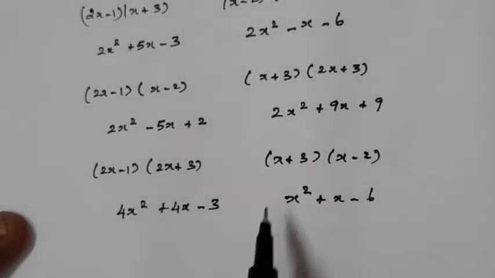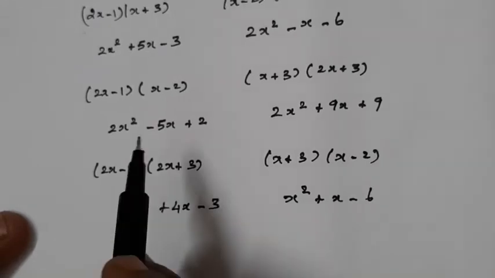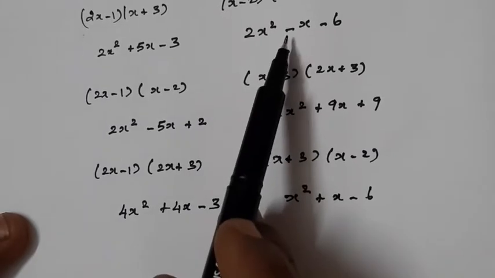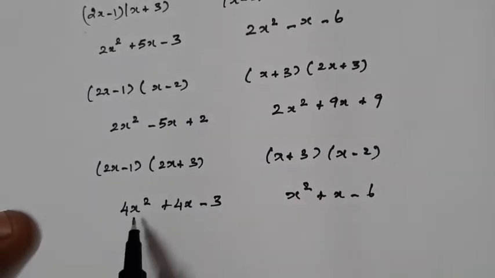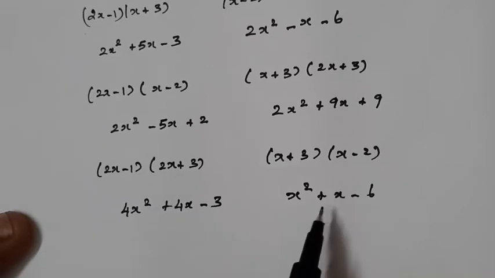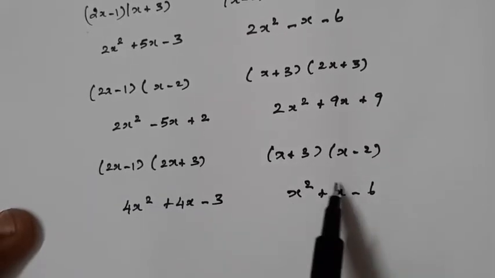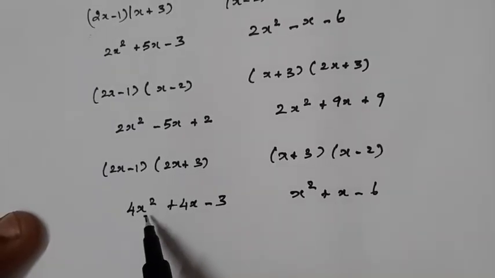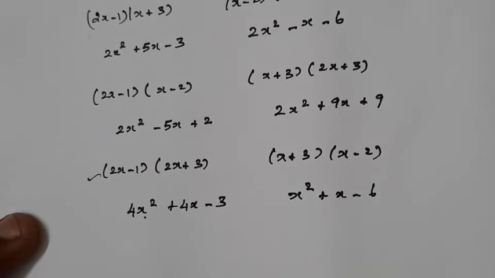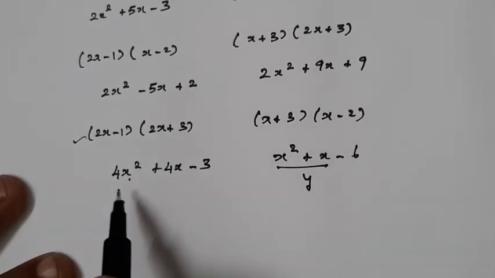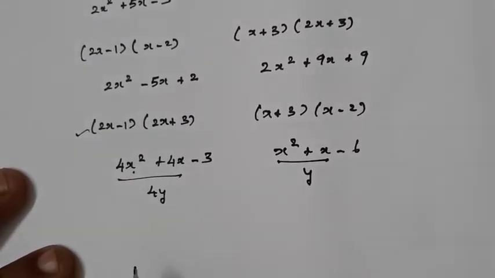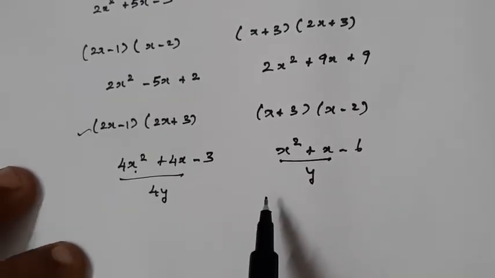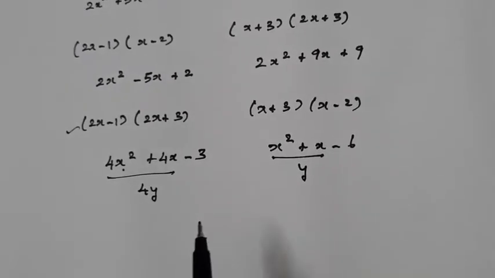But how to choose the factors here? In the above cases, the coefficients of x squared are the same but the coefficients of x are different. But here, even though both the coefficients of x squared and x are different, if you multiply the coefficient of x squared and the coefficient of x by 4, you will get this one. So you have to choose this one. If you take this to be y, this will become 4y. So both the products can be expressed in terms of y. In this way also we have to multiply the factors.